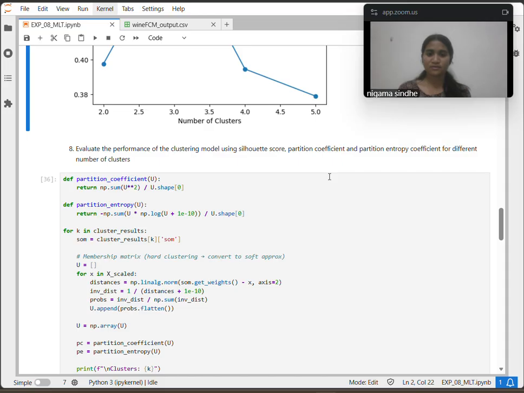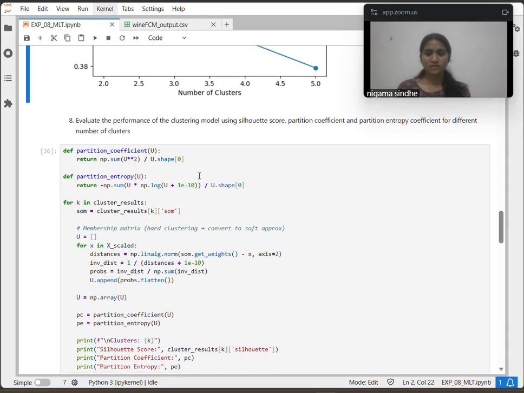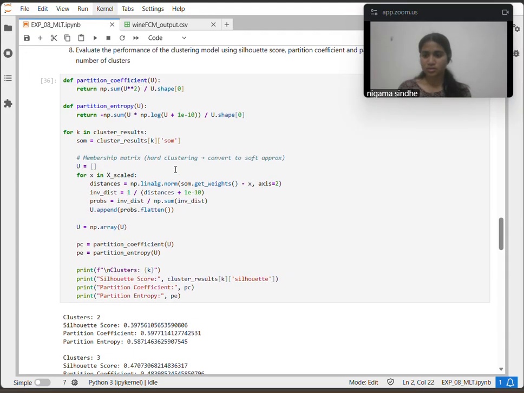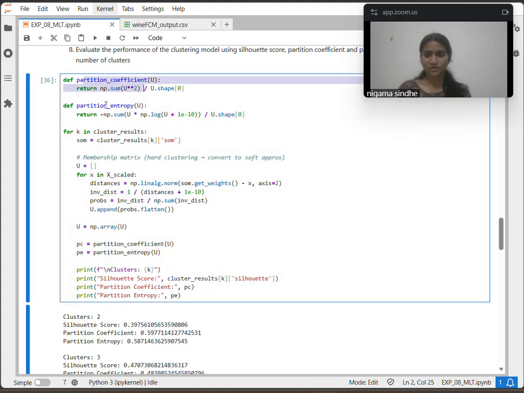In experiment 7, where we looked into fuzzy c-means clustering, it points out the data not just in one cluster but in different clusters. In the same way, we are going to measure the performance of this model using the principle of uncertainty. And in SOM, the mostly used performance metric would be silhouette. So looking into it, we are going to take two functions, partition coefficient and partition entropy, and we are going to